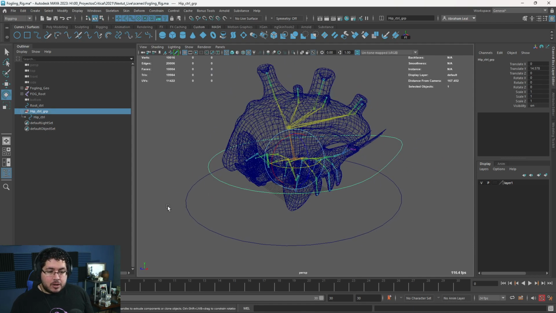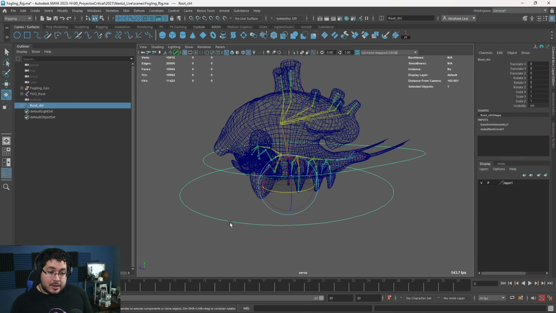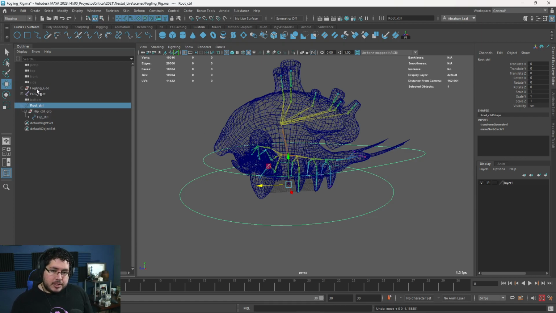Now, this group right here, we're going to parent it to the main curve so that if we move the main curve, everything else follows. It's a chain of events that we're doing. So we nest things inside of each other. And as you can see, we're going to have three things here. We're going to have the geometry, we're going to have the joints, and then we're going to have the controllers. The way the controllers are connected to the whole rig is through constraints.